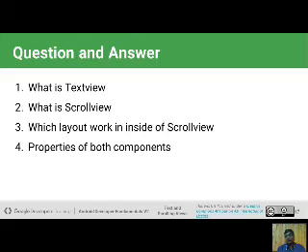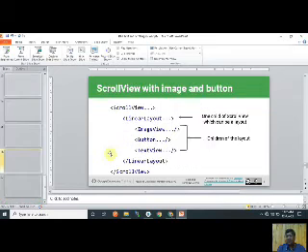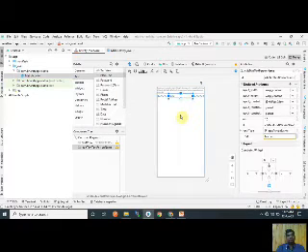And what is the question? First we explain the example in Android Studio. Now I create a text view like that. I give the space between them.